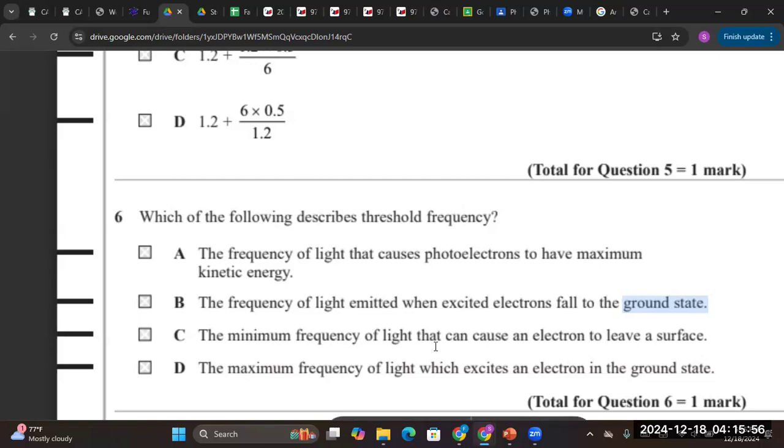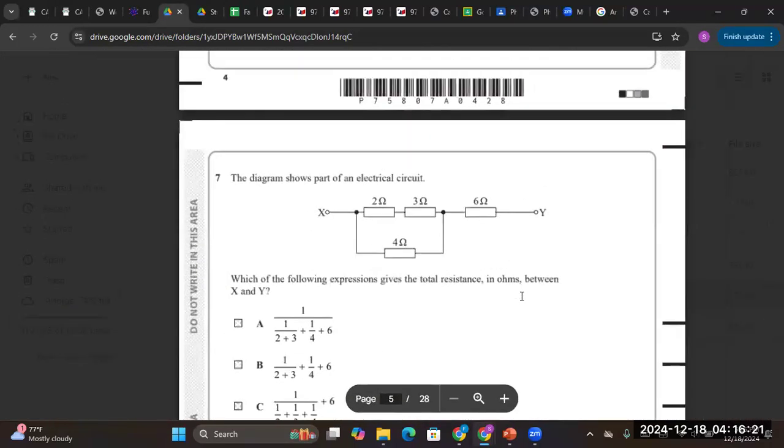The minimum frequency of light that can cause an electron to leave a surface, or the maximum frequency of light which excites an electron in the ground surface. Over here, you just have to use the definition that I mentioned to you. Is it C? The minimum frequency of light that can cause an electron to leave a surface. Correct. Okay, after that, they're saying